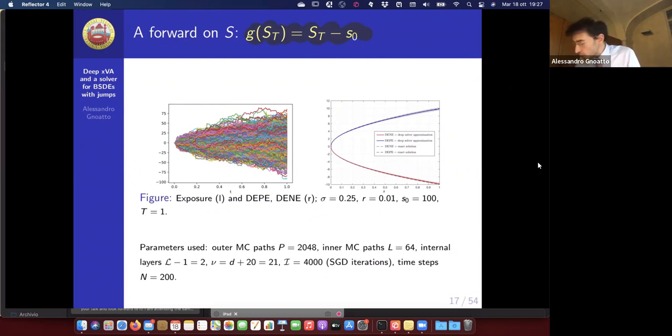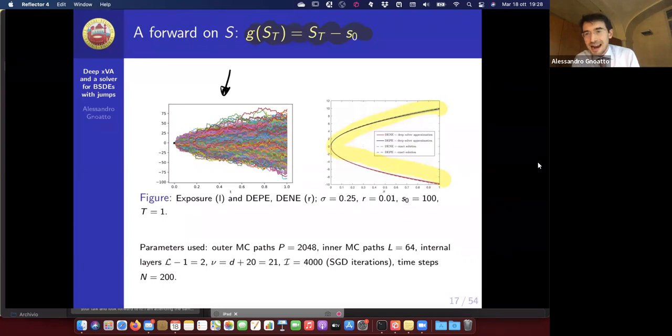So what you see here in the right panel is a comparison of what we obtained from the solver against what you obtained from the closed form solution, and we achieve a very good fit. What you have instead on the left-hand side is the simulation of the BSDE. The initial value is close to 0 here, because the forward is assumed to be fair in this case, and that is the initial value of your contract.